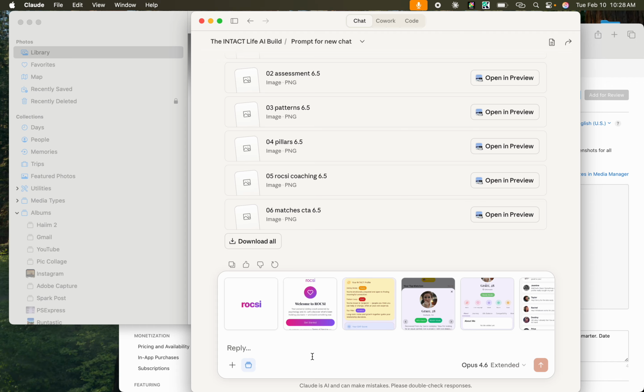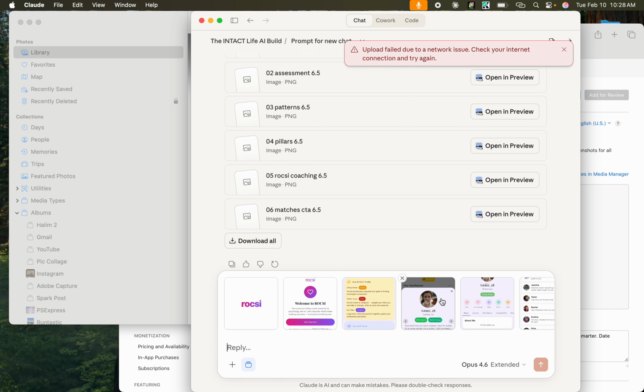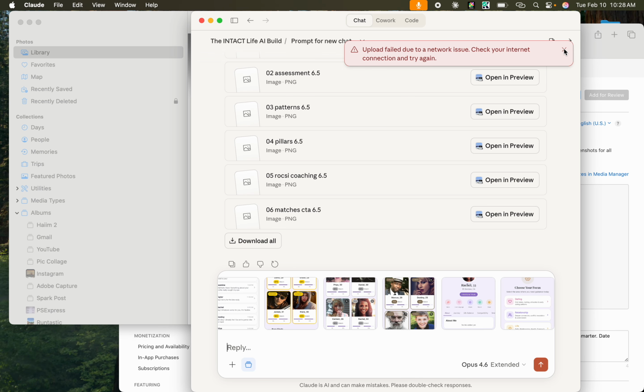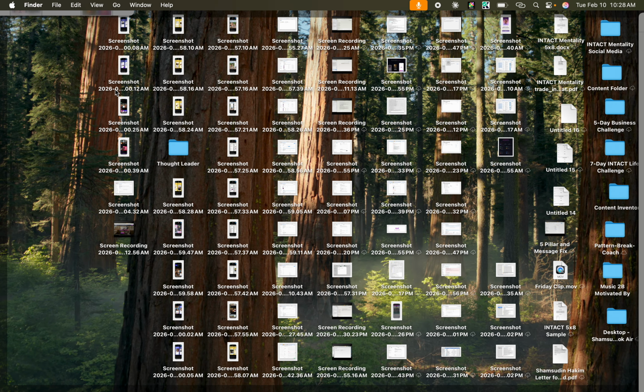Go in here. Due to network issues. Always failing because of a network issue. Reduce the number of images. One, two, three, four, five, six, seven.